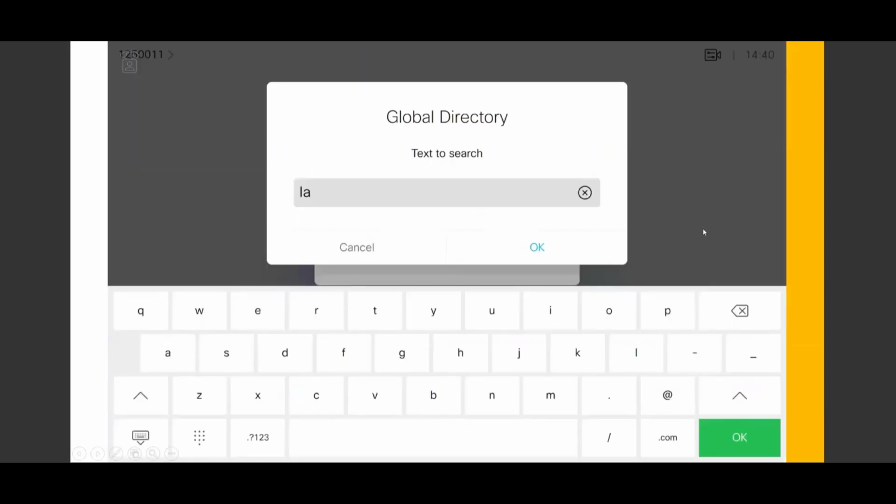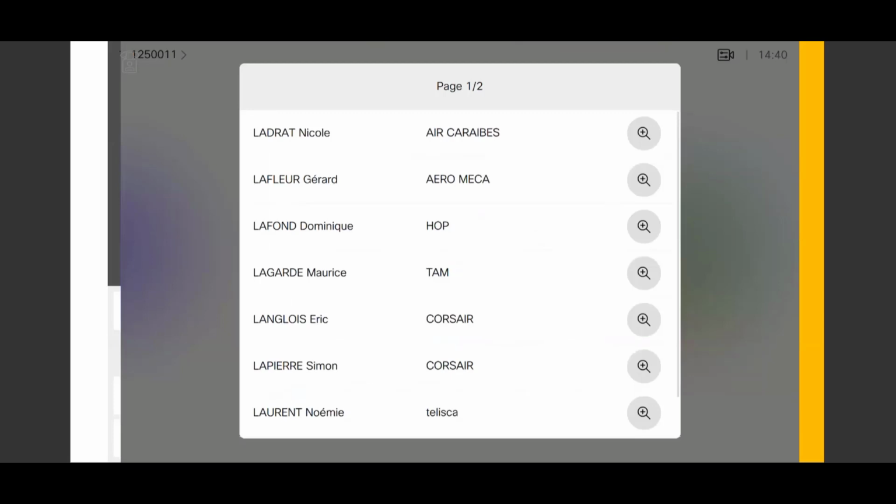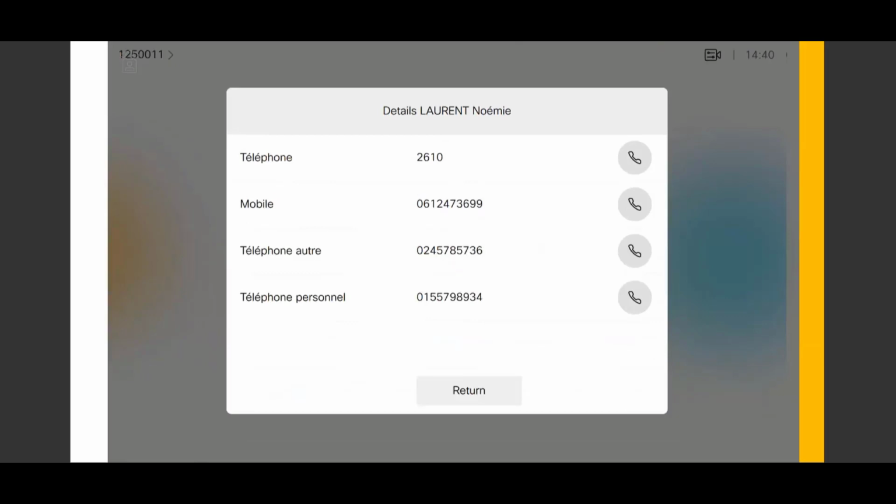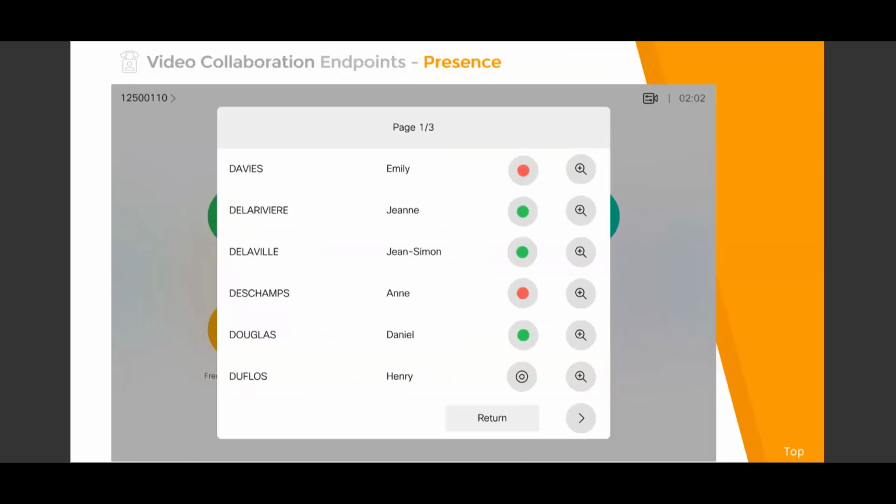It displays a search field, a unique search field with which we can search in different columns. It displays one or several pages of results, and if you click on plus, you can have several numbers or URIs per contact. Recently, we have added a new feature. You can display the contact's telephony status, either by contact or by number. Red means on the call, green available, and gray at the bottom means unregistered. And this is in real time.